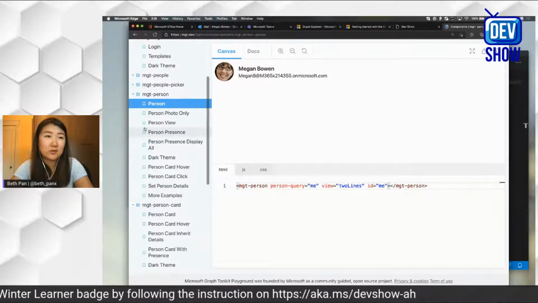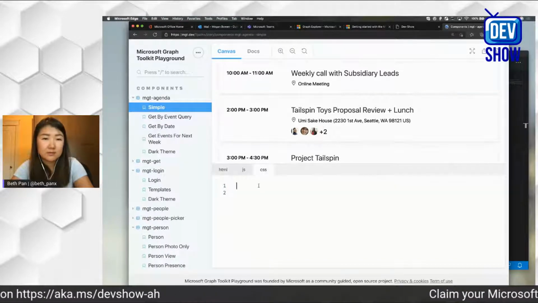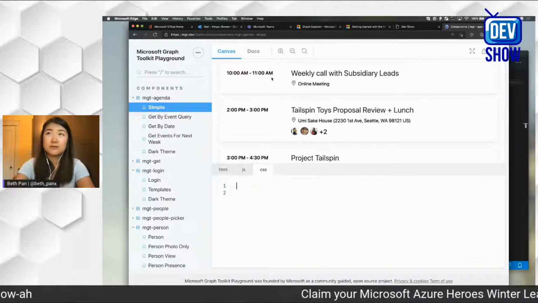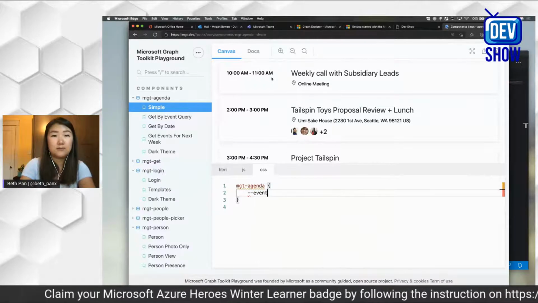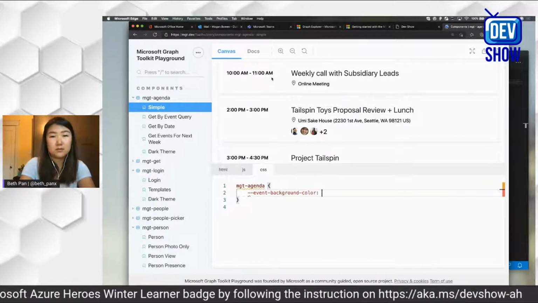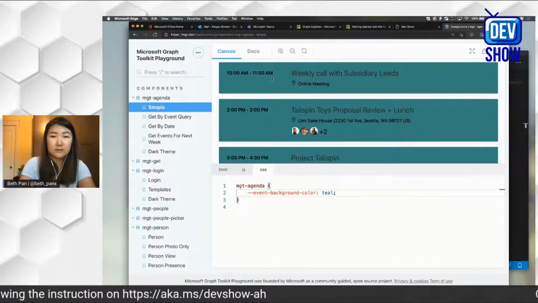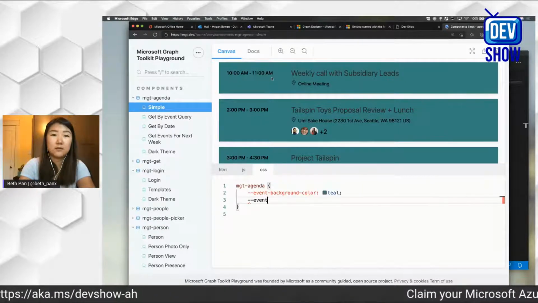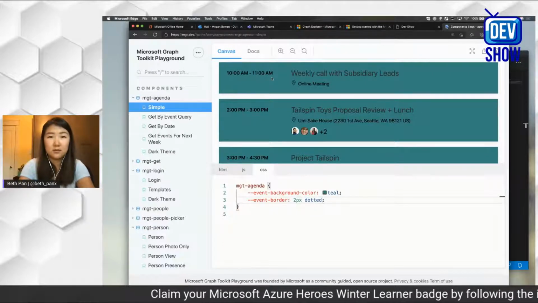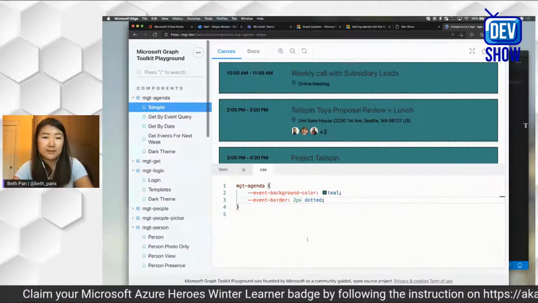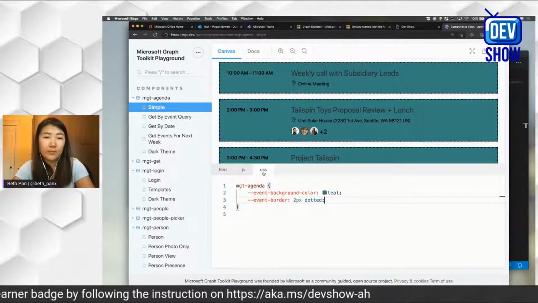But I could also show you, let's change a component. I'm just gonna wing this one. I could also say, what if I wanted to change the background of these cards? So I'm just gonna say MGT agenda, and then event background color equals teal, maybe. So this changes the background color for me, and then I could also do something like event border. I want it to be 2 pixel and dotted. There you go. So like I said, you can change or customize these components to fit your organization's requirements